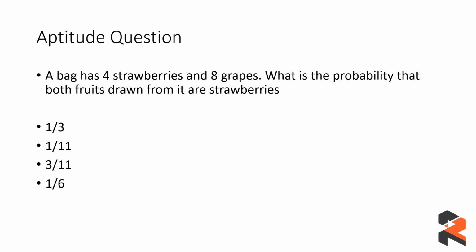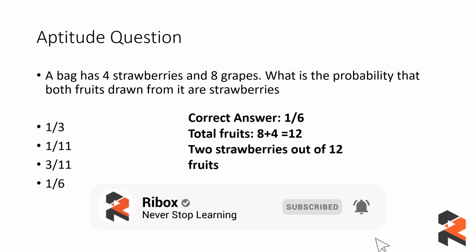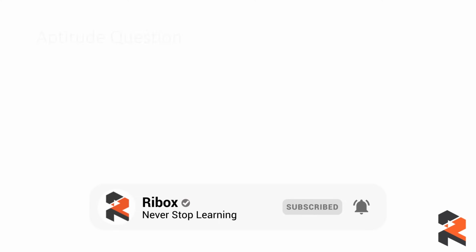You know that a bag has 4 strawberries and 8 grapes, which add up to 12. If we just talk about fruits, when you know that there are 4 strawberries and 8 grapes, then you can add them up to 12. So you say that you have 12 fruits in a bag, and the question asks you for finding the probability that both the fruits drawn from it are strawberries. So that should be a completely easy question for you as well, where you know that both fruits need to be strawberries. So that probability can be found out by number of events divided by the sample space. So in this case the answer will be 2 by 12 or 1 by 6. So your answer is 1 by 6 in this case. Let's look at another question.